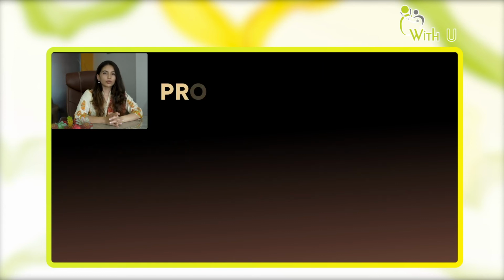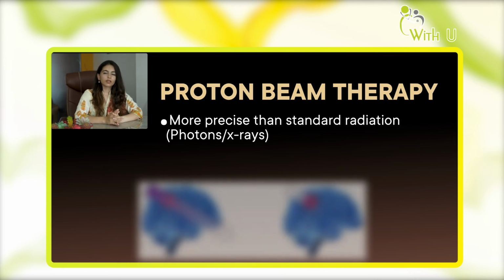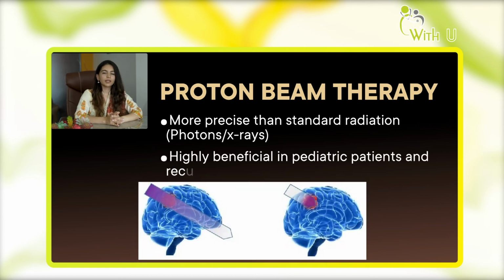Now coming to proton therapy, it is used to focus the radiation to the tumor in a better way and more precisely than 3D CRT or IMRT. It is highly beneficial in pediatric patients and in recurrent tumors. Our biggest worry as a radiation oncologist in pediatric patients is that when the children grow up, they have neurocognitive defects, memory effects, low IQ, second cancers, all these risks because of radiation. So in order to protect the normal brain tissue, we use proton beam therapy in such cases to focus the dose to only the tumor.